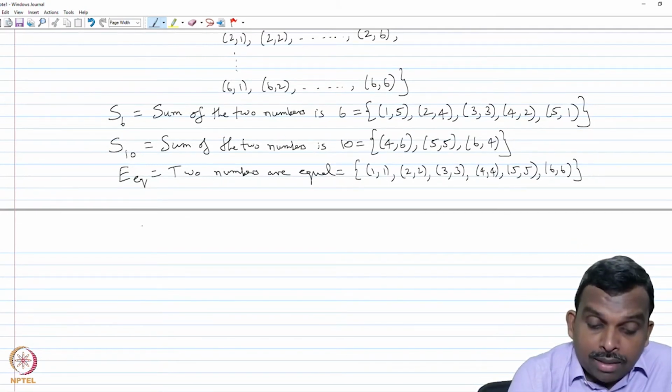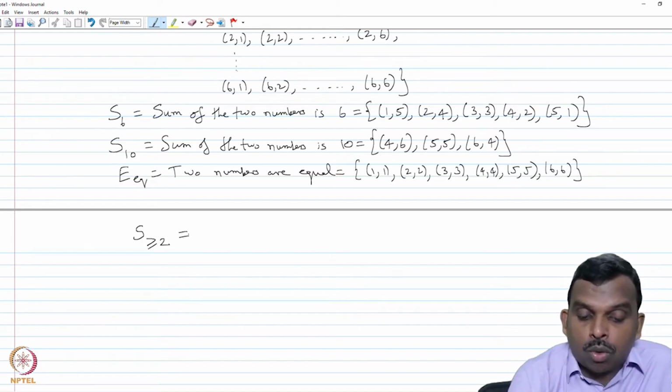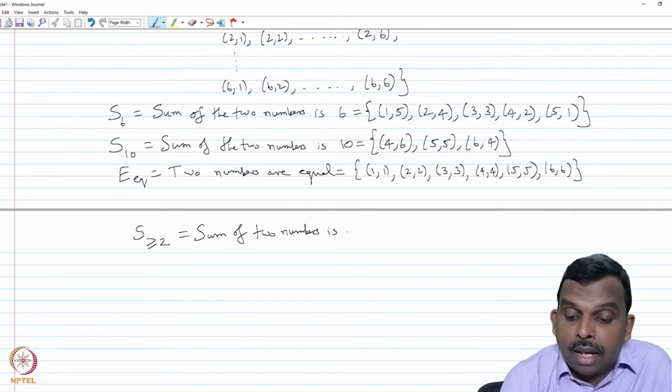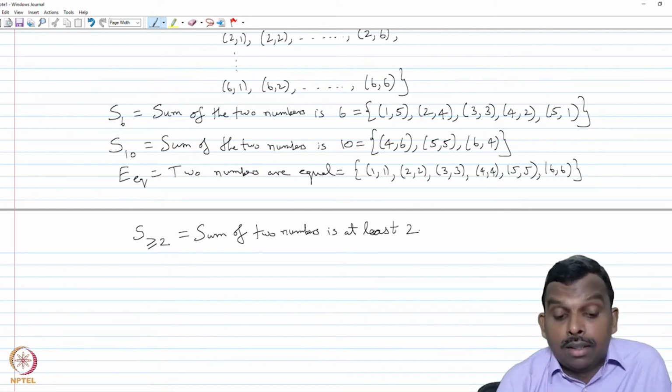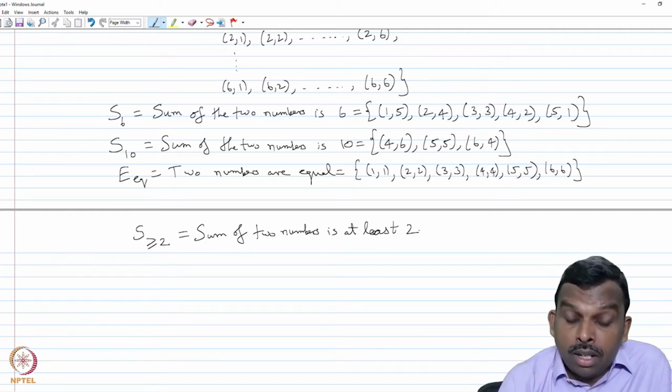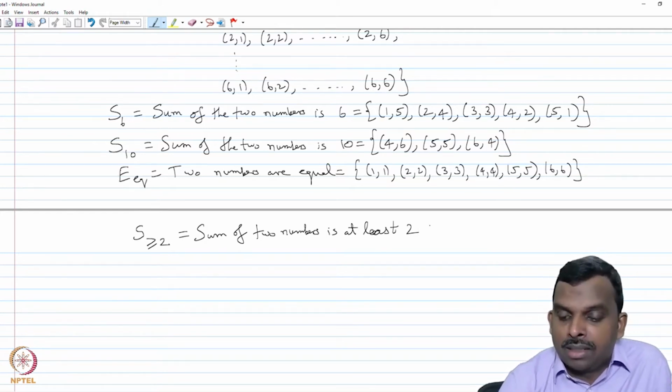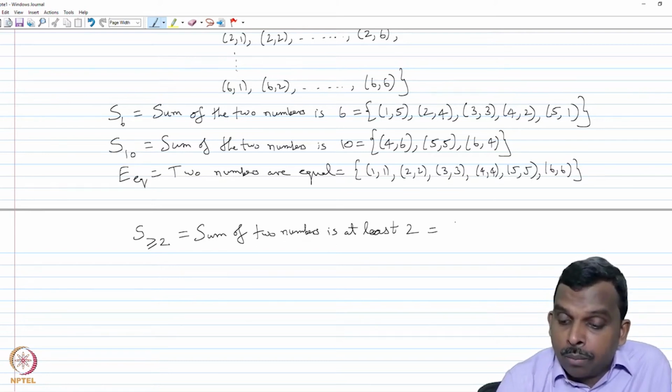So let me also do other interesting events. Let's say I make this event S greater than or equal to 2. What is this event going to be? The sum of the two numbers is at least 2. This is what my event is going to be. Now I could start writing down all the possibilities. It's going to be a pretty big list, but one thing I can do is, I know that this is